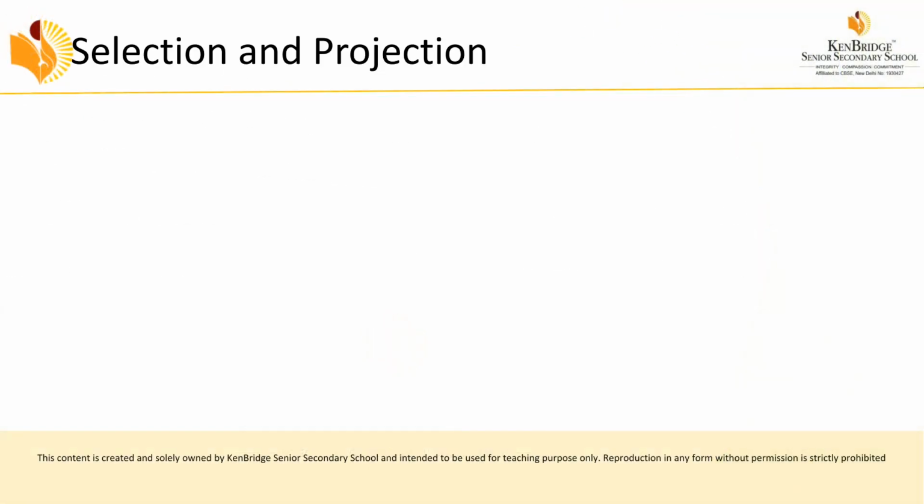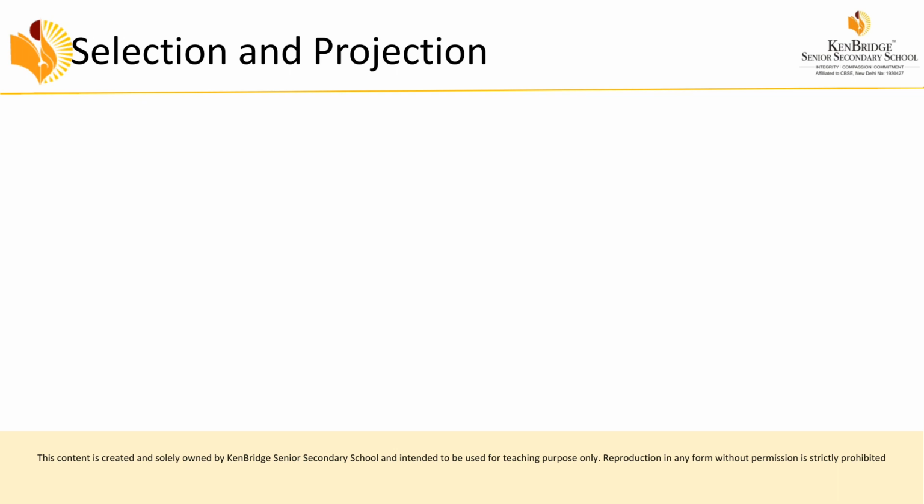Before starting this topic, let me remind you again what the meaning of join is. Join means we are going to combine the rows and columns of tables. If you combine two tables together, that is called a join. In this video we are going to learn about the remaining types of join as well as the selection and projection operations. First we will see the selection and projection operations, then we will move on to the types of joins.